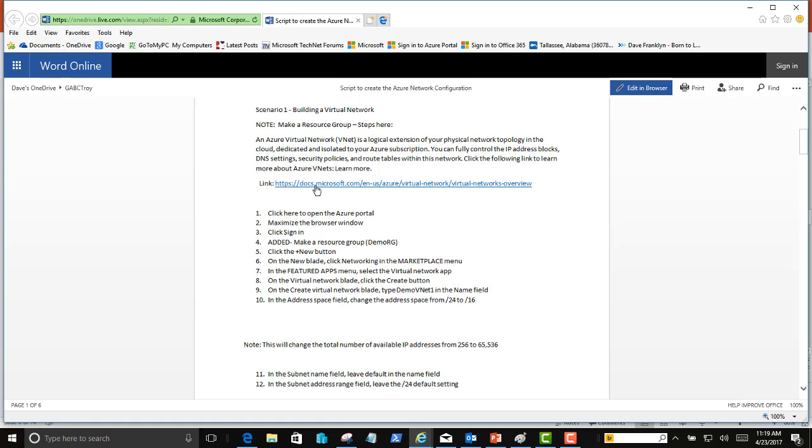Also, there's a link here to a very nice public Microsoft PDF document about virtual networking with Azure. It's filled to the depth with all kinds of information. There's 754 pages, I believe, in it. There's illustrations, there's a glossary, there's all kinds of information. I strongly suggest you download it if you're interested in this concept.